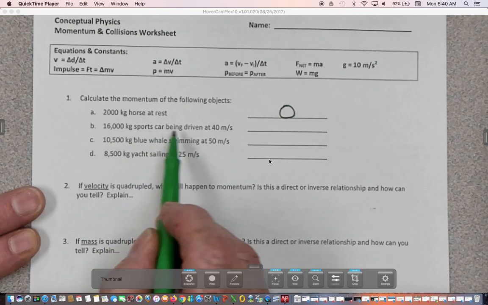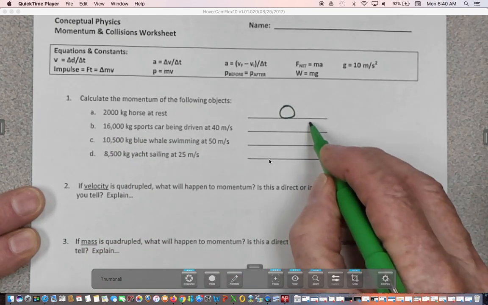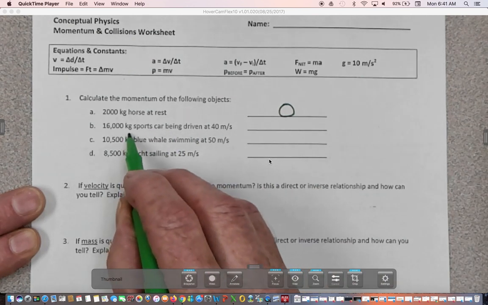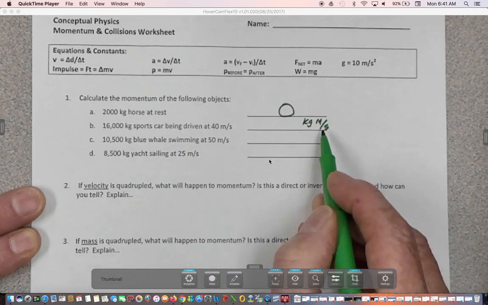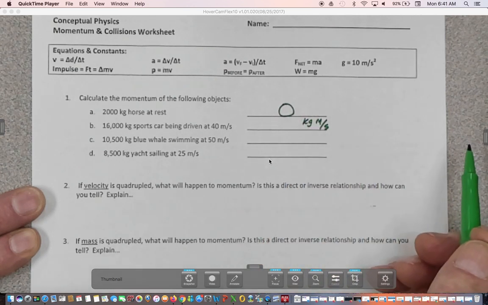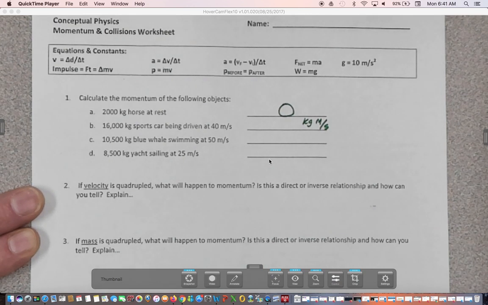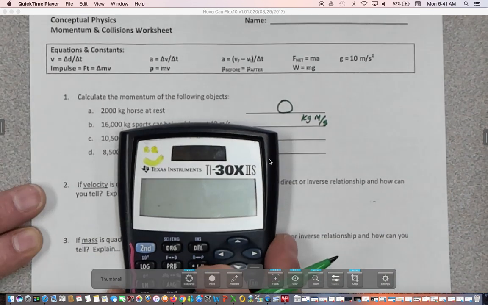For each one of these, you're going to multiply these two numbers. So for this momentum, and momentum has the units of, if you notice, kilograms times meters per second. You're to put that on each one of these answers, with the exception of 0. 0 doesn't need any units because it has no value. You multiply these two numbers together. So you would take, for example,